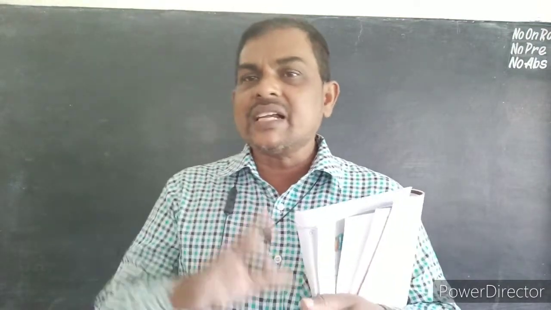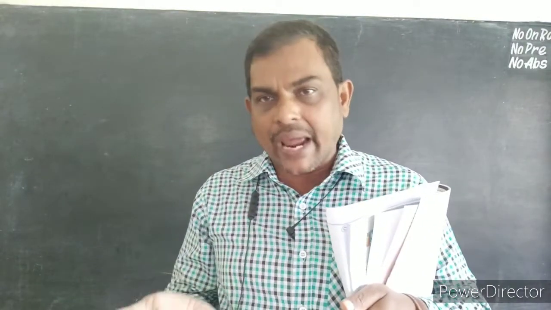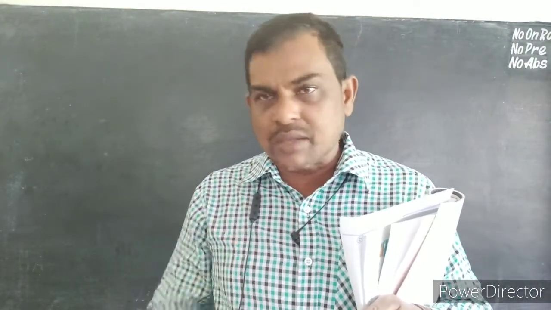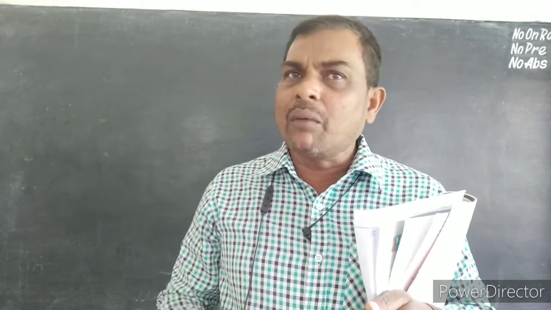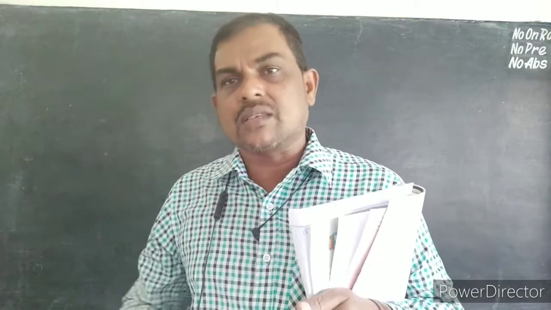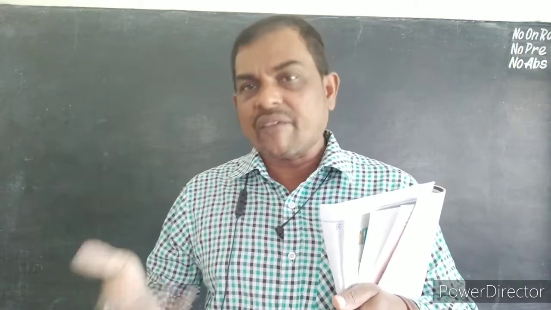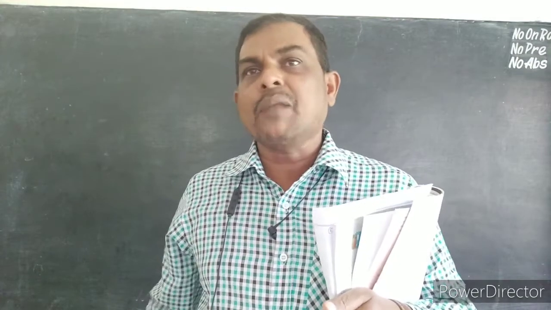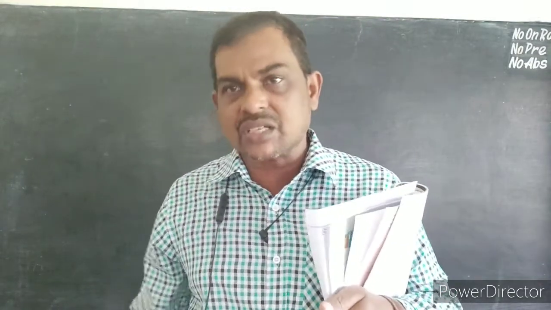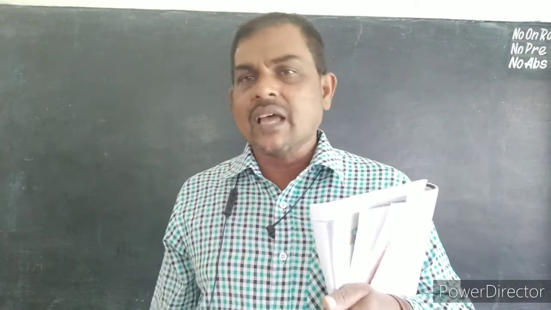So what are the assets? Cash in hand. Whatever business cash we are having in our hand, that is called cash in hand. That is also an asset. Cash at bank: some of the amount we will deposit into the bank, that is called cash at bank. That is also an asset. Stock: our business goods are stock. That is our asset. Machinery: we are purchasing machinery for our business. Asset. Car, motor car, furniture, everything is an asset only.